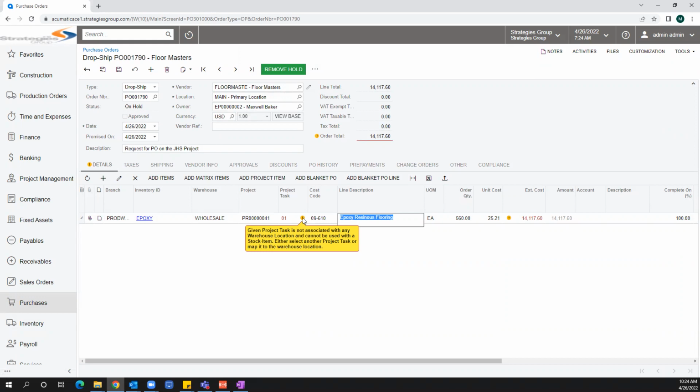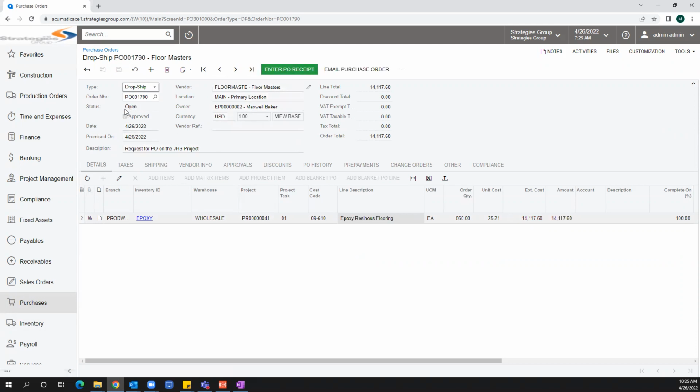If I have a warning message, it's just giving me a heads up about the details of this particular transaction. You may not be aware of it, so let me give you a heads up, but I will still allow you to move forward with what you wish to do. Just a warning message, not going to stop anything. I'm already aware. So I'm going to save my purchase order, remove my hold, and now it's in the open